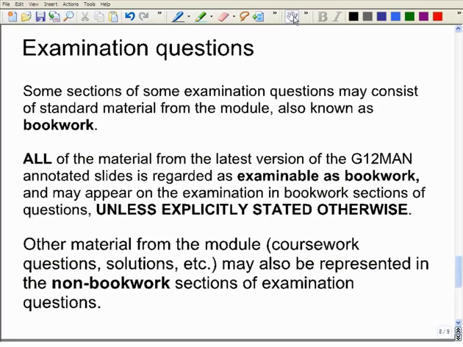I should say that the exam questions will not say on them, this is the bookwork bit, this bit comes from a question sheet, and this bit is completely unseen. You'll have to work that out for yourself. But when we send these things out to the external examiners to check how hard the exam papers are, because they do look at these papers to check whether they're too hard or whether they think the level's about right, then we do tell them which bits are bookwork, which bits come from question sheets, which bits are completely unseen, so that they're able to make an informed judgment as to whether we're setting an exam that's at an appropriate level.